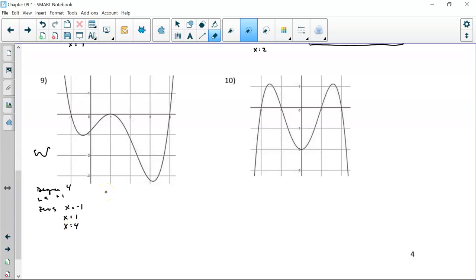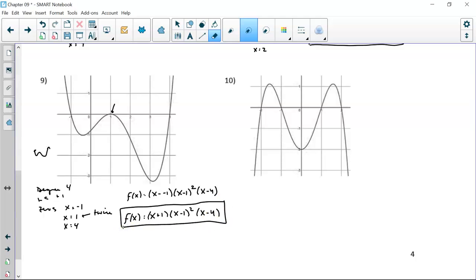So I see at the 1 it's bouncing. So that x equals 1 is repeated twice. So our function f of x equals x minus negative 1, x minus 1, and that's going to be squared because it's repeated, and then x minus 4. So when we clean that up, f of x equals x plus 1, x minus 1 squared, and then x minus 4 would be our polynomial